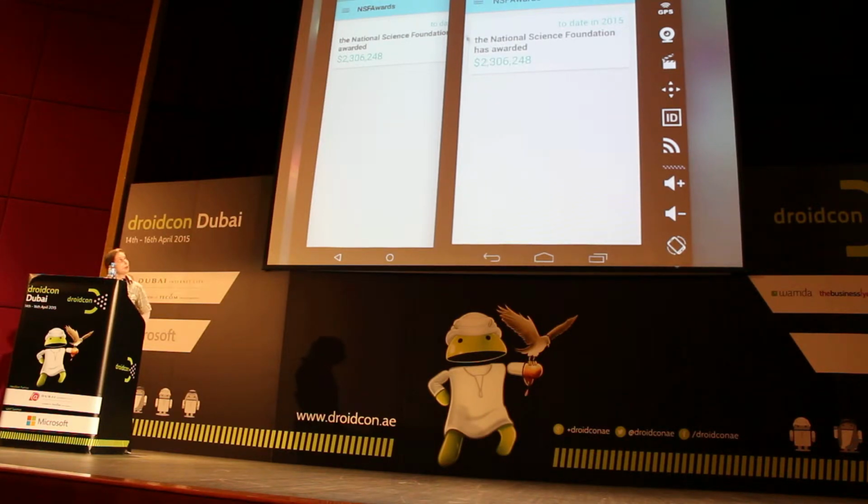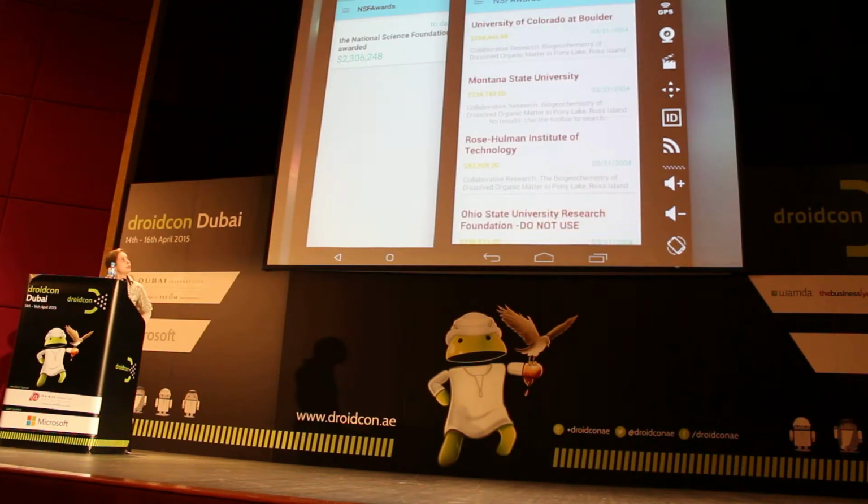You can see here on the front I've used card view, and then if we go to search, I'm using a recycler view for the list. And the way that was implemented